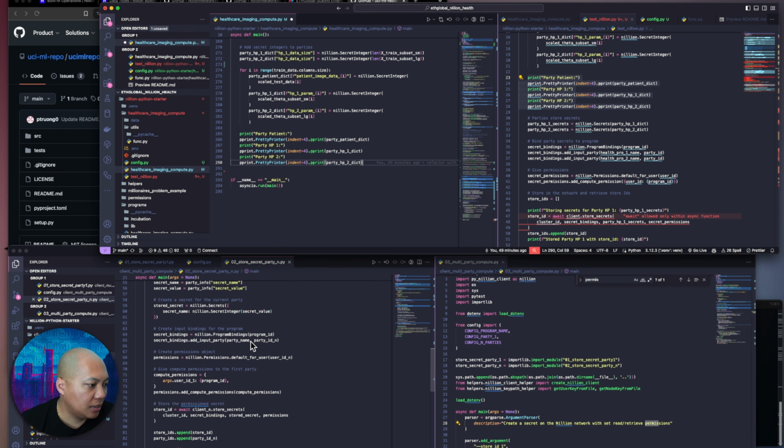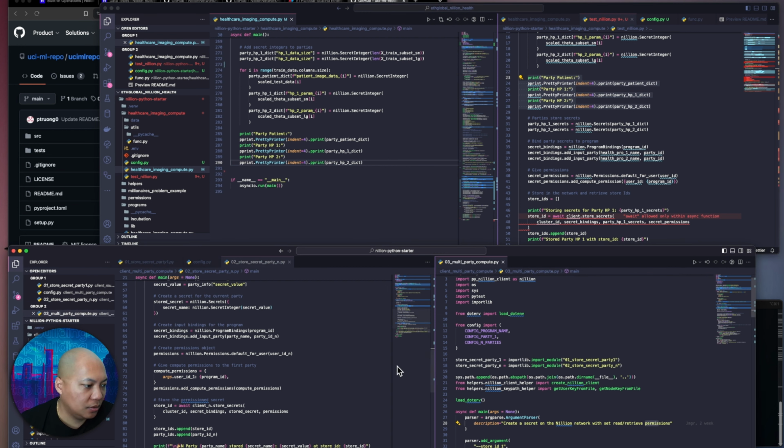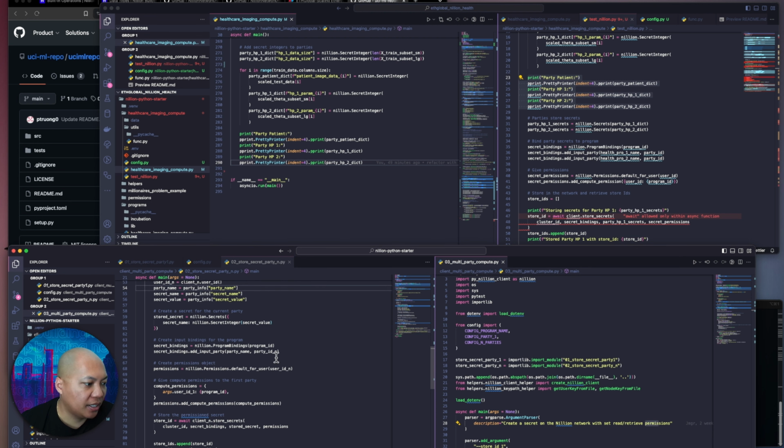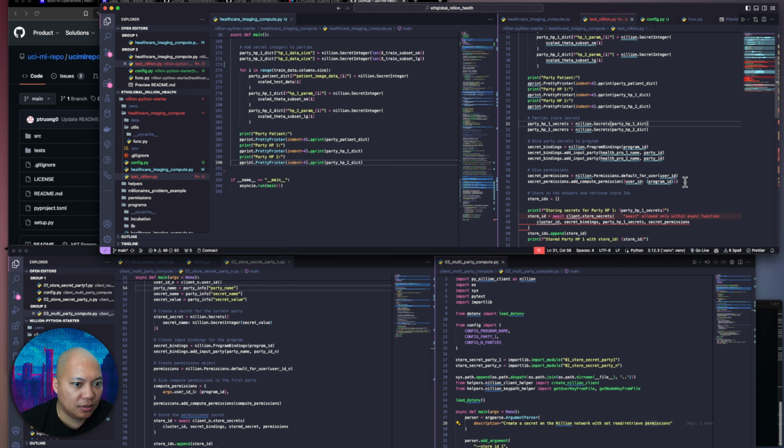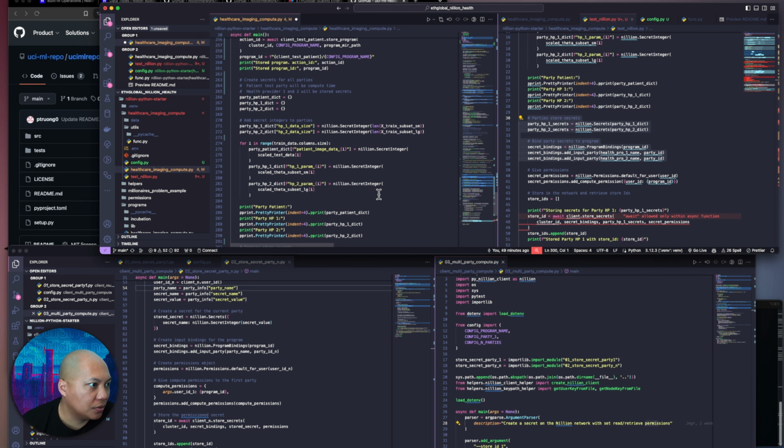And as we see in the Python startup, they're doing the binding part. So the binding and the permissions part. So that's what I have here. So let's go ahead and grab this. Let's copy it over. And what we can do